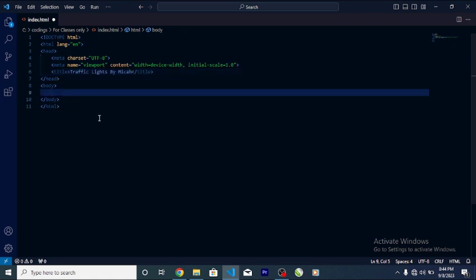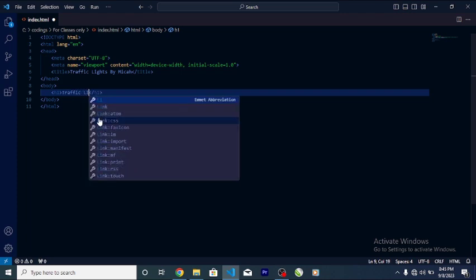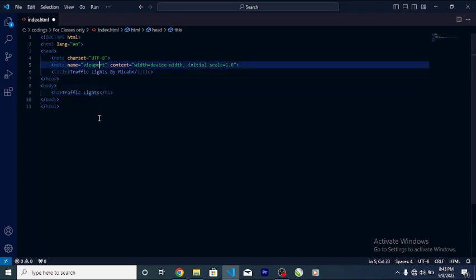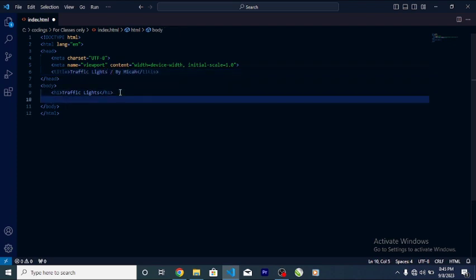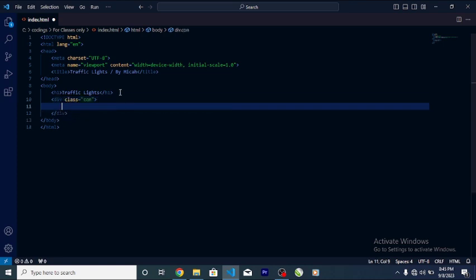So let's start. We're going to say H1 traffic lights. So below that H1, I'm gonna create a div with the class of con, short for container. And inside that div, we're gonna create three divs with the class of circle,